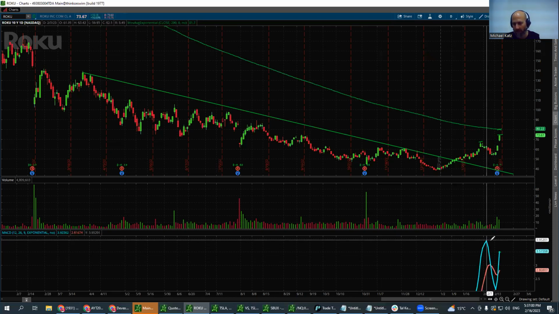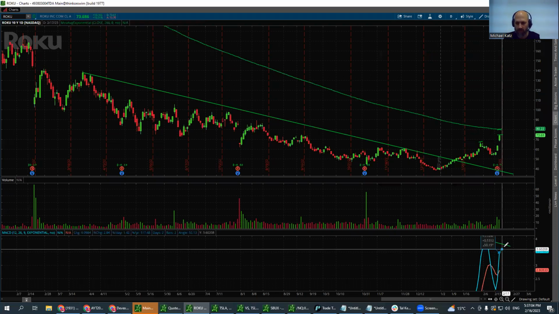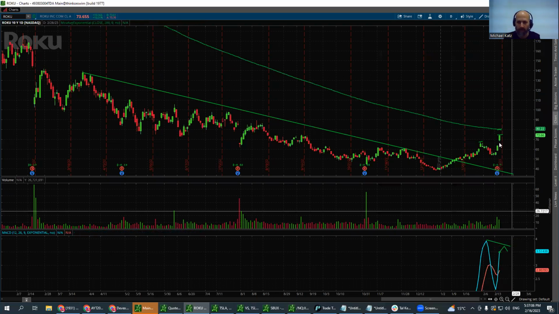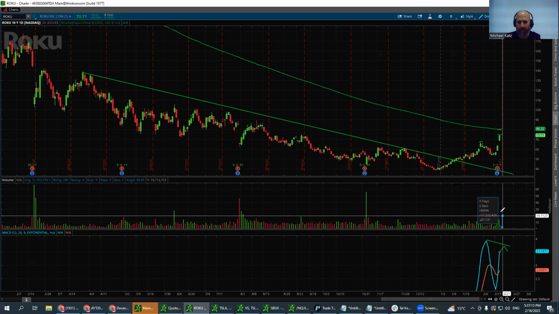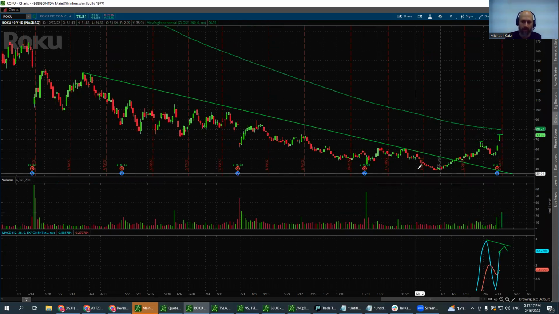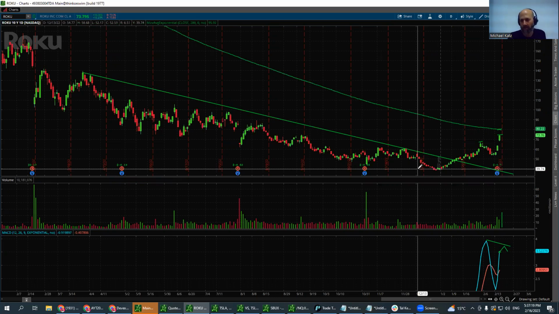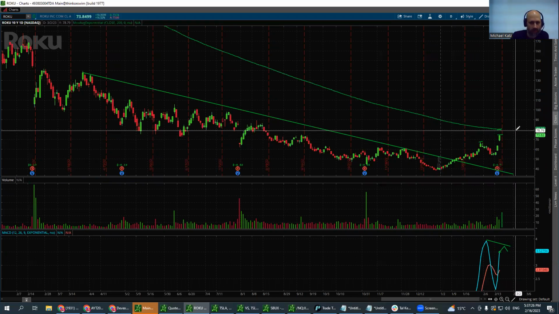You will see the MACD reaching something around here. So it will be something like that. And you should see a very high volume coming in when we reach that 200 EMA. If you get those three parameters together,